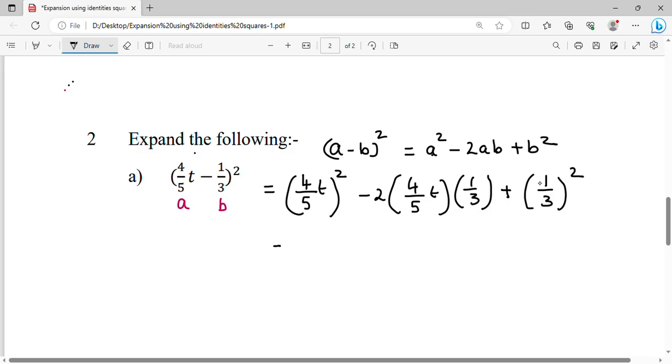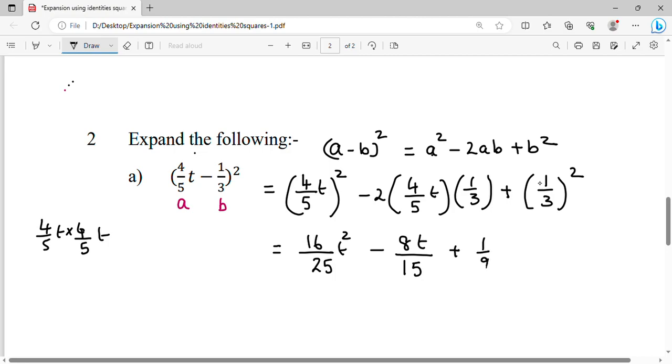So this is nothing but 4 by 5 multiplied by 4 by 5 t. So 4 into 4 is 16, 5 into 5 is 25, t squared minus, so here you have 2 into 4, 8t, and the denominator is 5 into 3, which is 15, and this becomes 1/3 multiplied by 1/3,